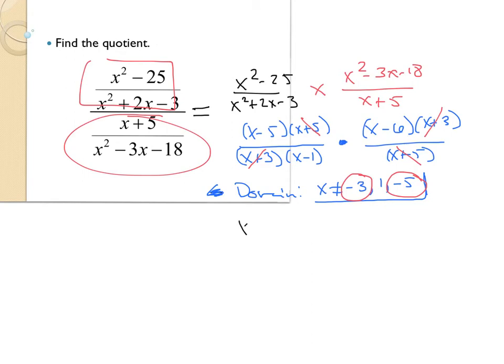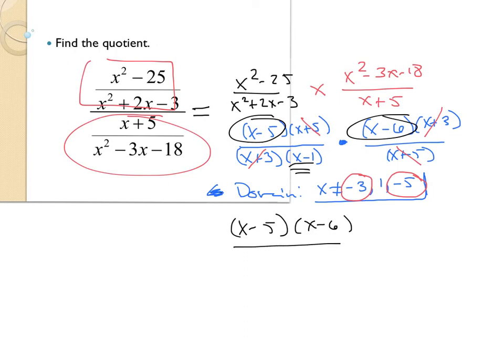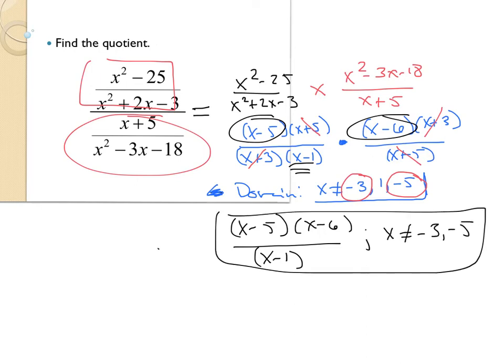So then I rewrite my x minus 5, x minus 6. These are the pieces that are left in the numerator. And then I have one piece left in the denominator, which is x minus 1, where x cannot equal negative 3 and negative 5. This would be my factored